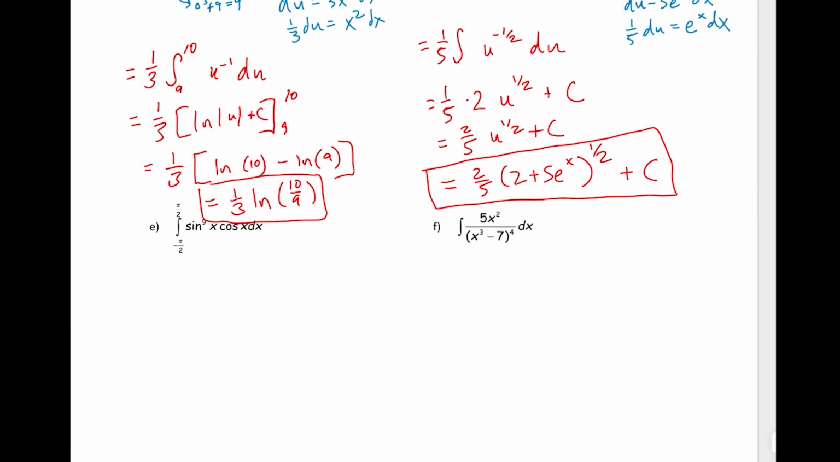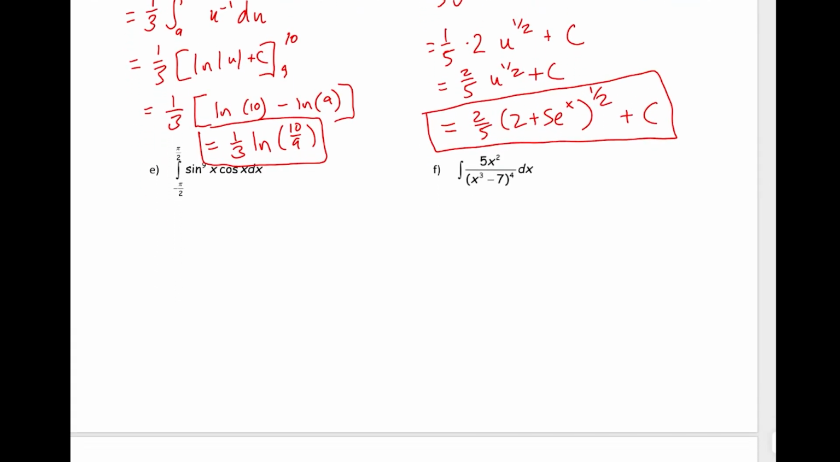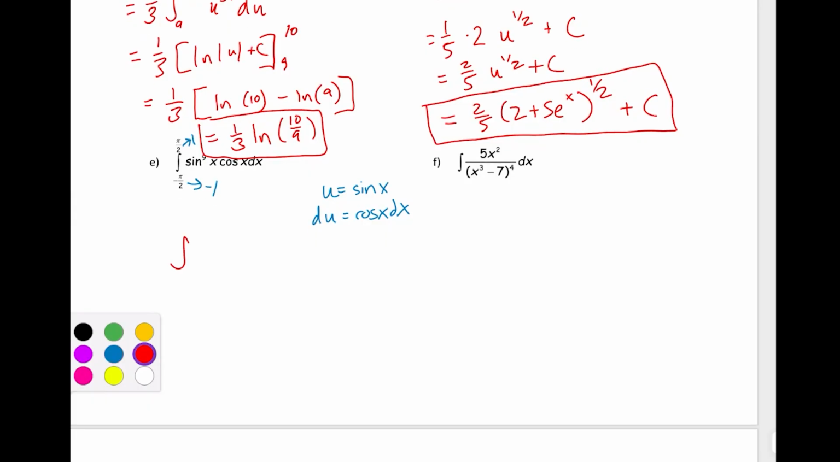Letter E, I've got another definite integral here, and we're going from negative pi over 2 to pi over 2. I'm going to let u in this problem be sine x, so that du can be cosine x dx, which I have directly in there. We've got a perfect match there, so we don't need to manipulate that du equation. I do need to change the boundaries, though. Since u is sine x, well, sine of pi over 2 is 1. Sine of negative pi over 2 is negative 1. So we get much nicer boundaries there. So we've got from negative 1 to 1,